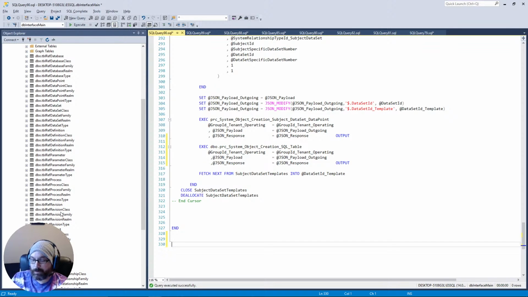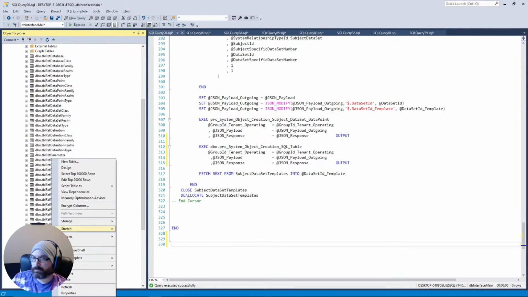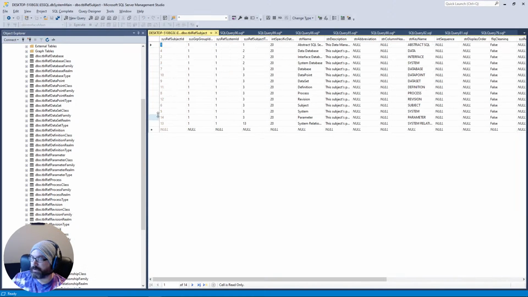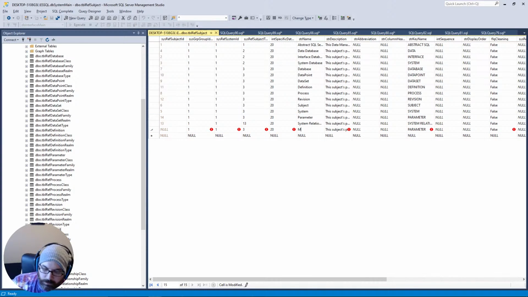Message. Error messages. Specifically for the system. Alrighty. So if I create a new subject called message, this is basically going to have a list of messages. We can fill with SQL messages, but maybe I want my own custom messages for the system itself. So I want to make sure I have that. So 15, and it